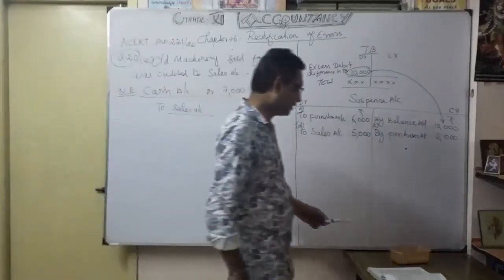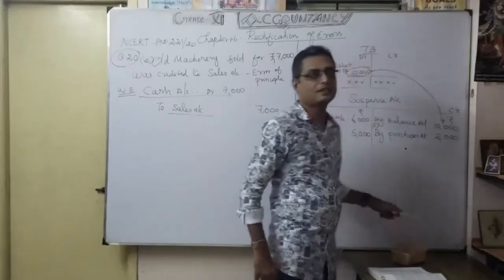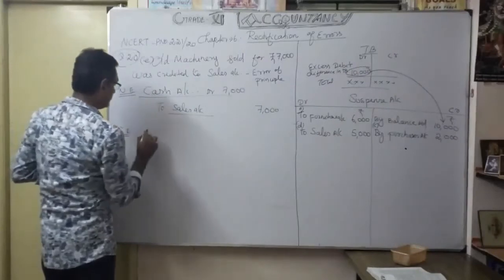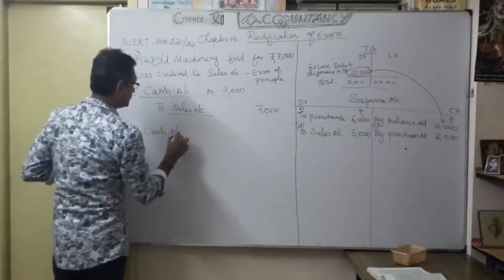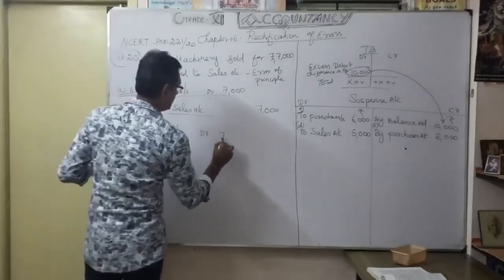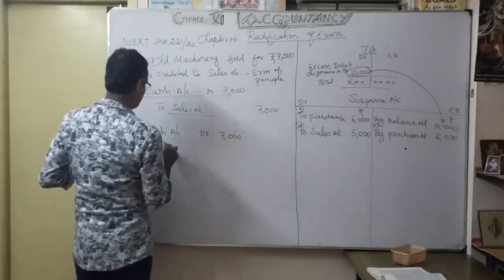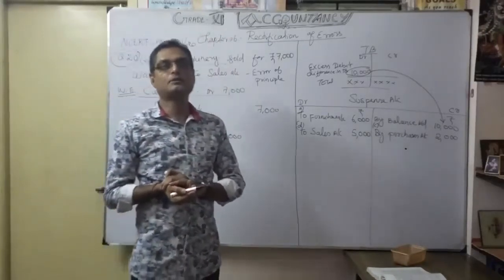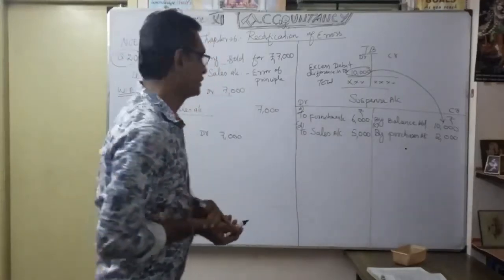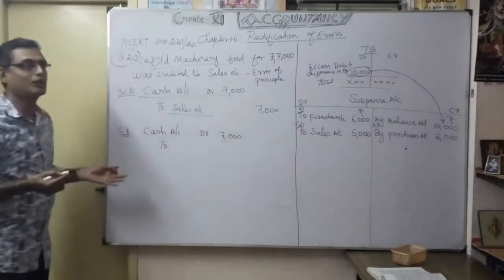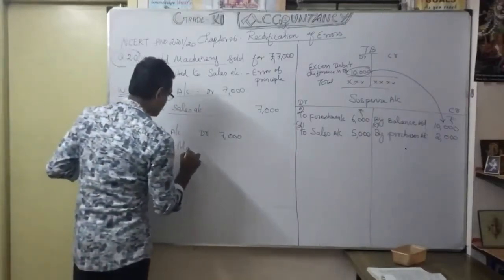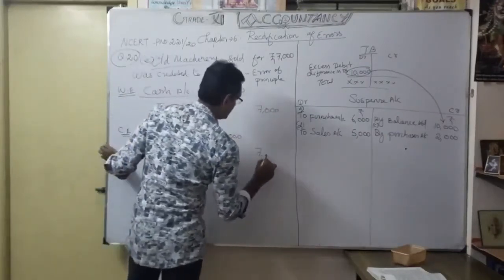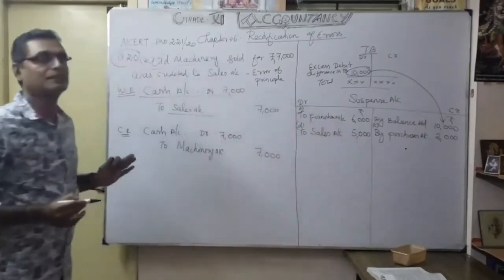Actually what happened? That's what we are going to give as the correct entry. So what is the correct entry? See, you know very well. As a correct entry, you got money, cash account, how much? 7,000. But what should be credited? Credit should be machinery, so it goes out, and it comes under real account. So debit what comes in, credit what goes out. Okay, isn't it? So here we consider the credit side as machinery account. We can show it as a correct entry, machinery account, how much? 7,000. You understood?